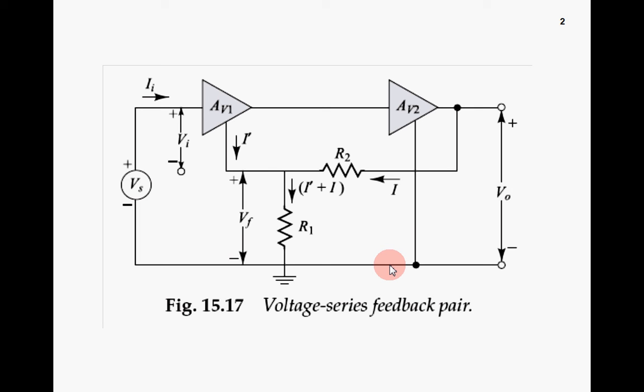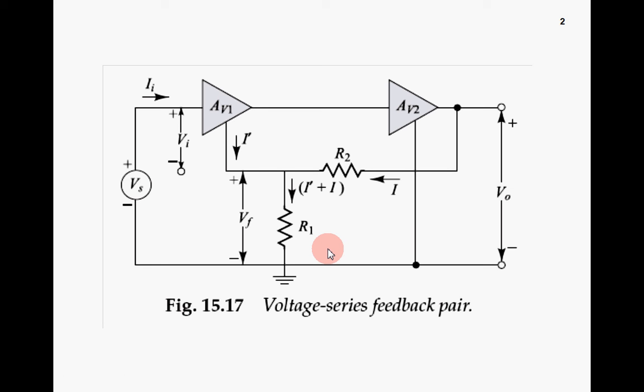Because we have studied in our theory class that negative feedback increases the input resistance by the factor of 1 plus AV beta whenever we apply a voltage series negative feedback. Similarly, it decreases the output resistance RO by the factor 1 plus AV beta, and it stabilizes the gain, the open loop gain of the amplifier, by dividing it by the factor 1 plus AV beta.